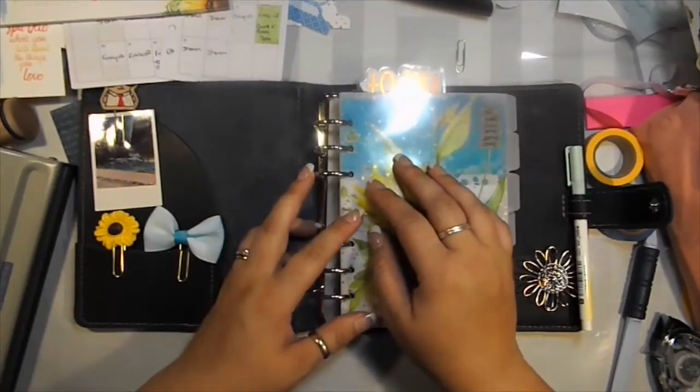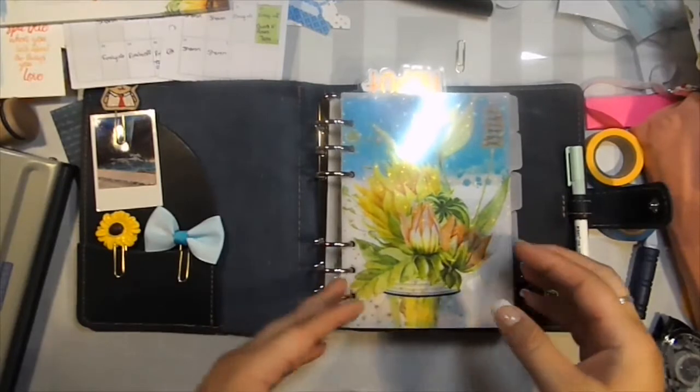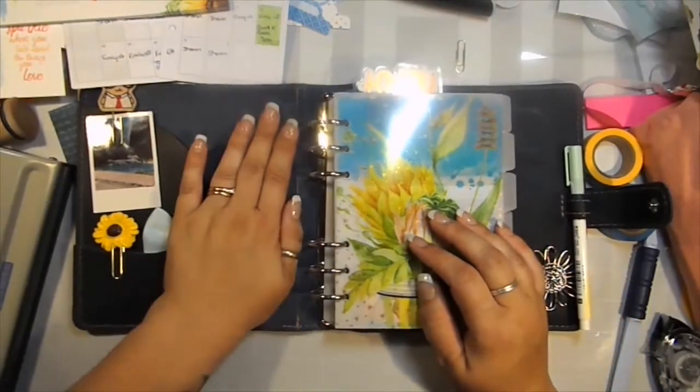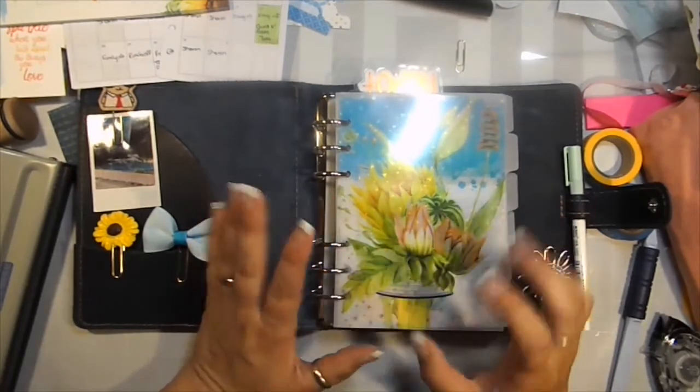Like I said, I may add a few things here and there, and of course I have to reprint that calendar and stuff. So you'll see pictures over the next few weeks of what I add to my stuff on